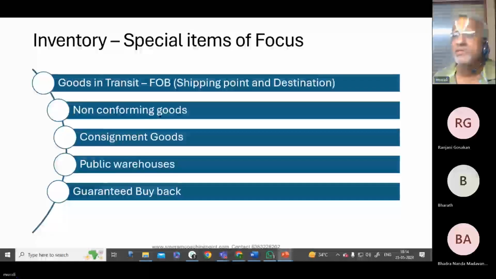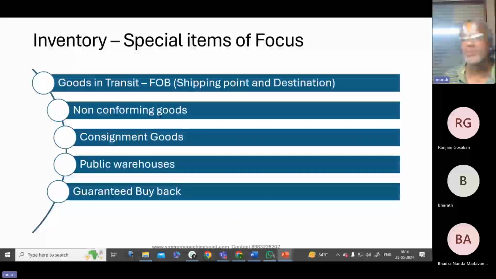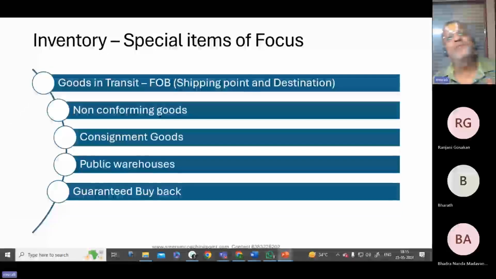What do you mean by sham? These are all looking like a sale transaction, but they are not sale transaction at all. So let me explain this way. Company A delivered to company B. Company B took delivery and paid consideration also. 3 years later, company B will effect a sale back to A at a price different from what was initially agreed upon. So whether this item will be considered as a sale, whether it will be taken up as an inventory, the answer to that question will be negative, no. So it is purely a financing arrangement only.